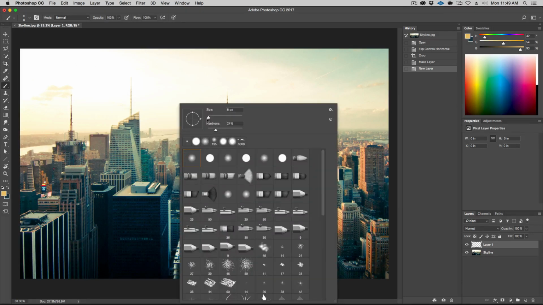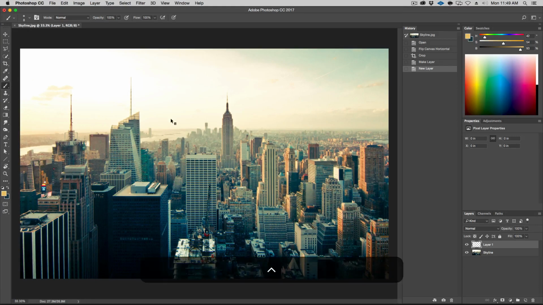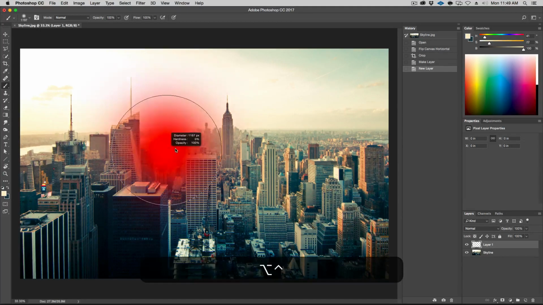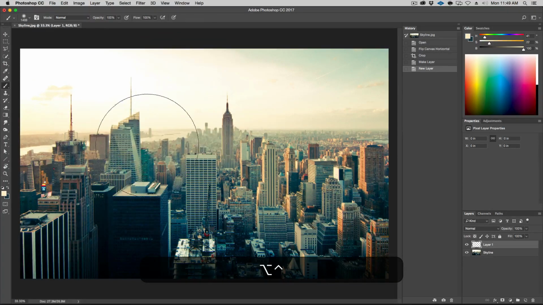Let's get a bigger brush. Holding down the Control and Alt key, while you're clicking on the left button, you go left and right, that changes the size. Up and down changes the hardness. In this case, we'll go very soft, pretty big, something like this. And if you hold down the Alt key, your brush becomes the eyedropper tool. So in this case, I'd like to get a bit of a warmish color, some of the haze that we have back here, and I want to add some of it in the foreground here.